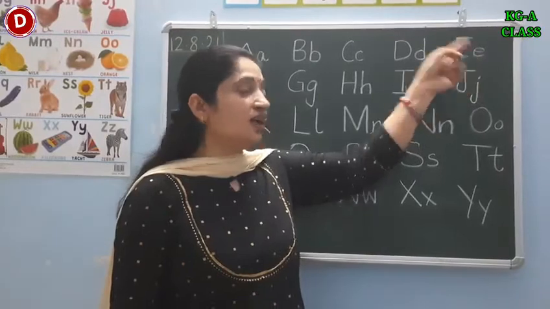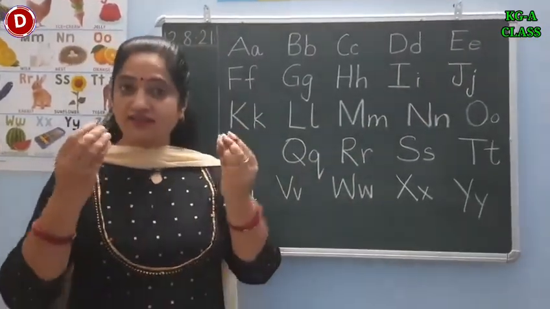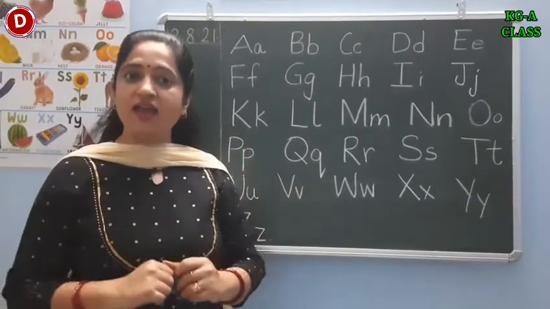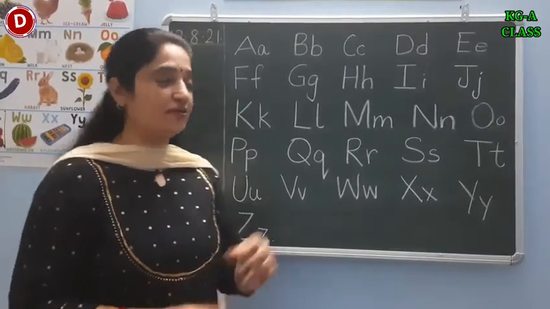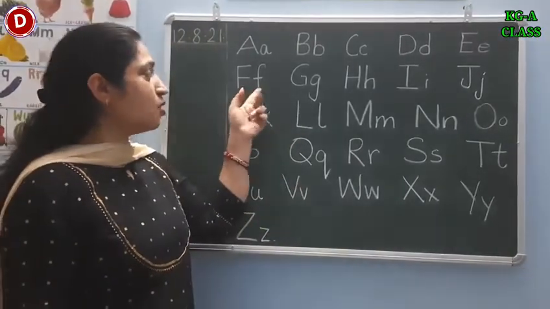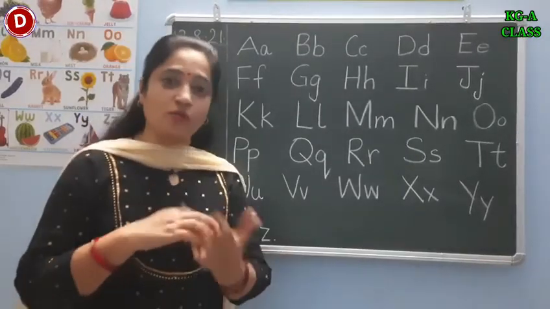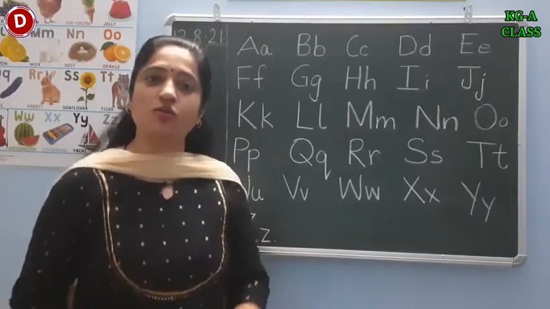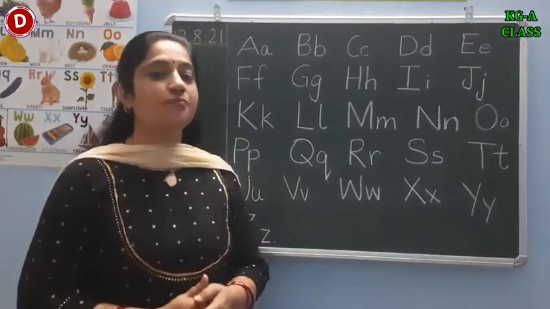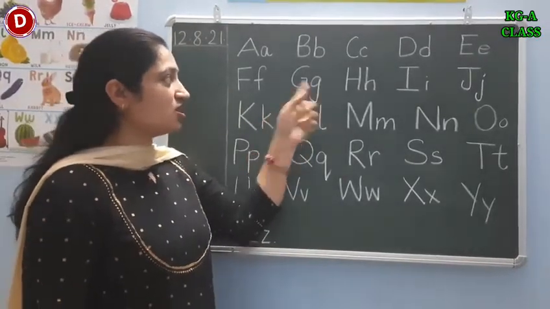Alright children, now comes E. This is capital E and this is small e. E says egg. Eggs in the pan. Cracks the eggs like this. E says eh. Capital F, small f. F says my friend and I went to the beach with my floating fish. It got a hole and air came out. So F says f. Now comes G, capital G and small g.